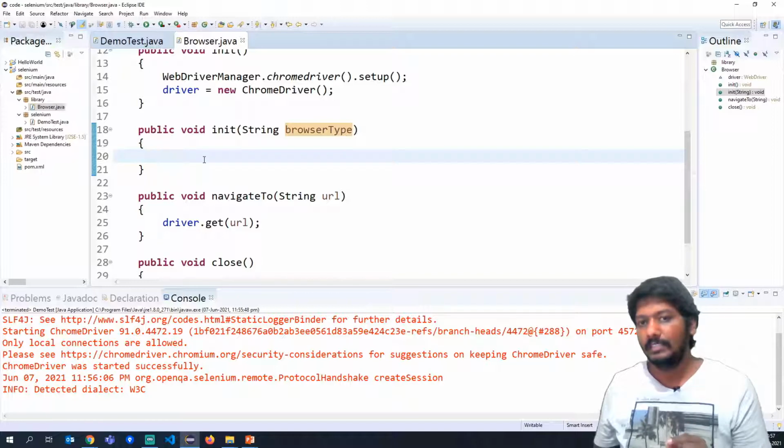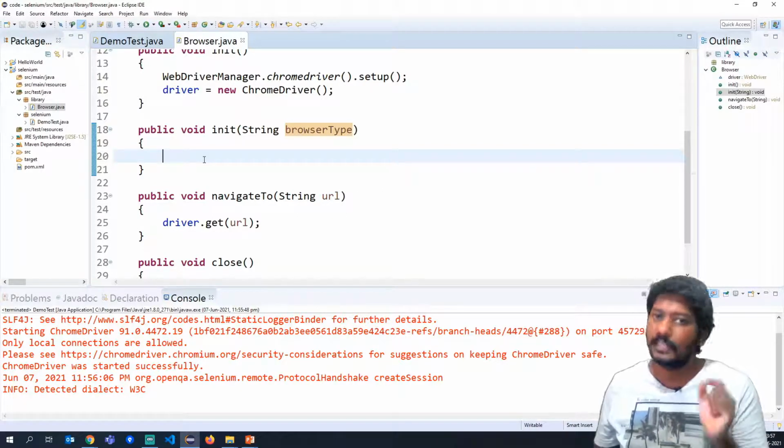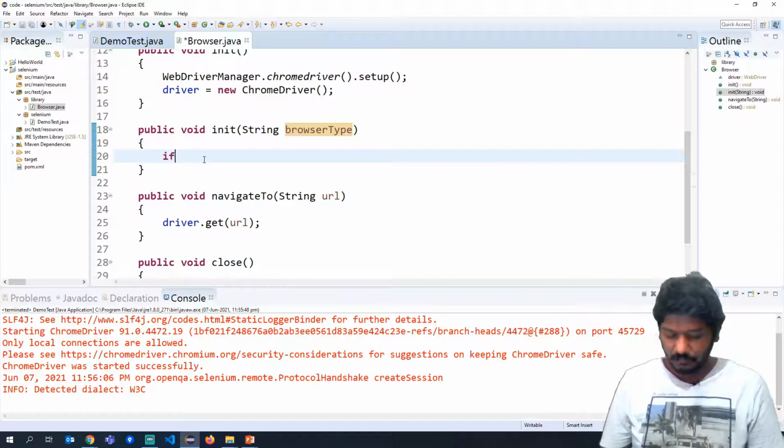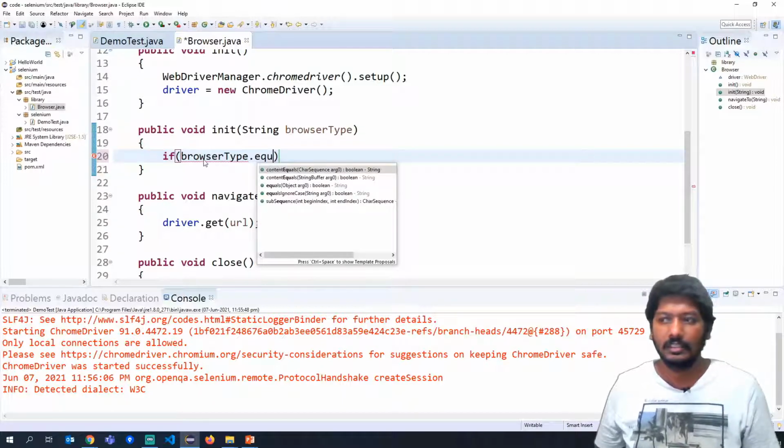So what happens by this is, you can even pass a parameter as to which web browser you want to execute your test automation script. So here I can write a simple if condition, if browser type dot equals ignore case.